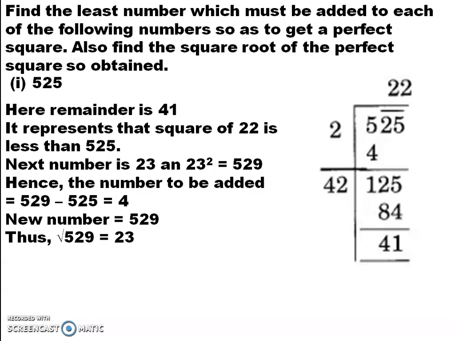So we'll discuss the steps once again. When you get a question of addition, first do the long division method. Understand what the quotient is. Take the next number of the quotient and find its square. And that square minus the given number will give you the answer. The square root of the new number is what you found after the whole number. We'll see one more example for this.